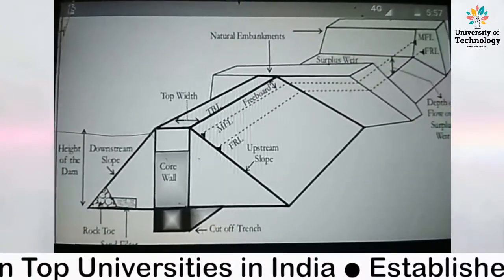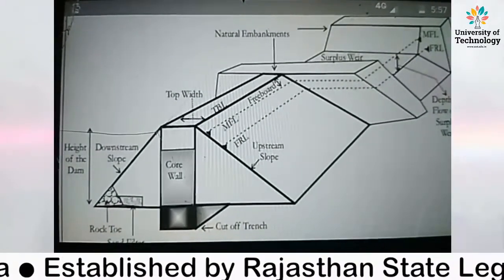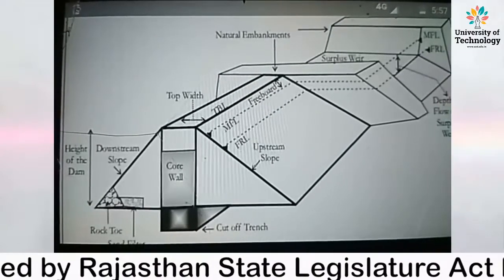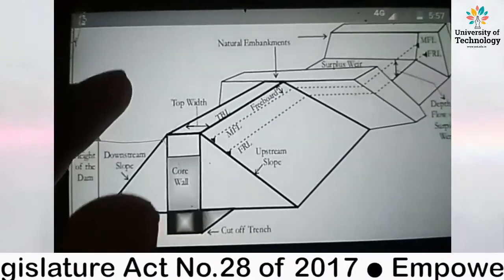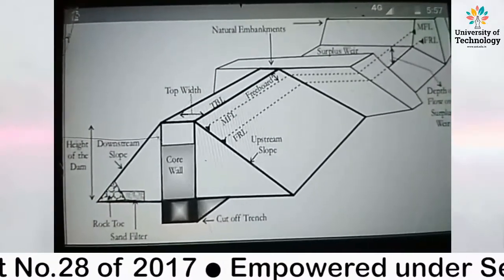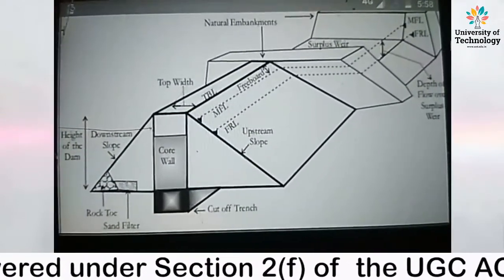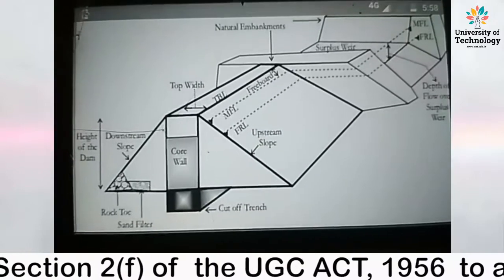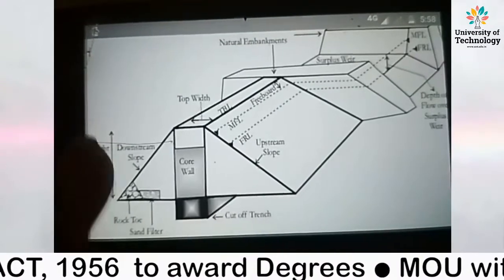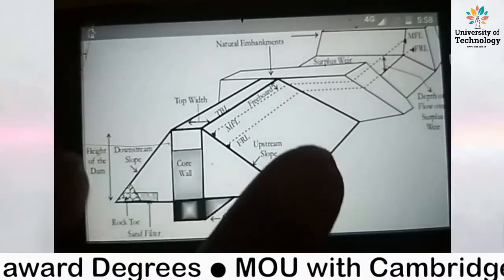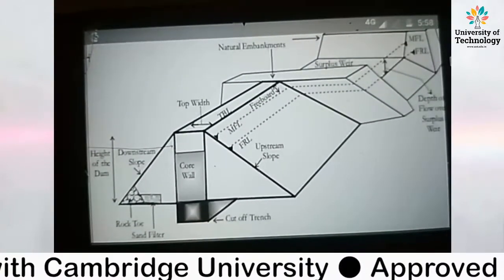So first of all, we have to see the picture to understand this properly. Okay, so cutoff wall is given here. It is a cross section of a dam, or we can say a 3D diagram of a dam structure, in which this side is the upstream side and this is the downstream side, meaning the reservoir is available on this side.